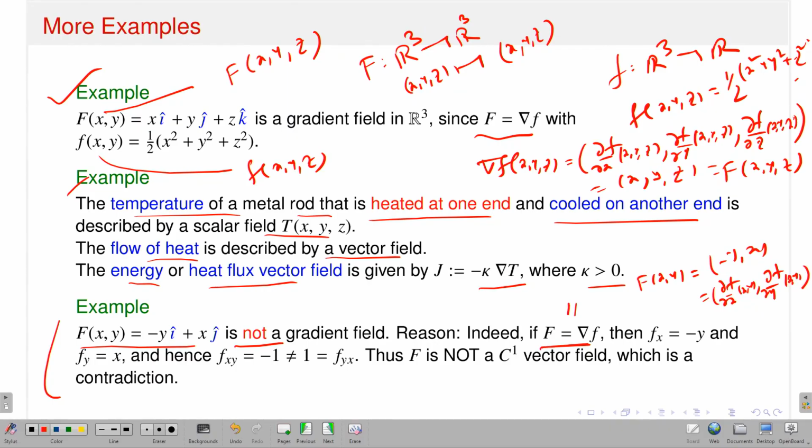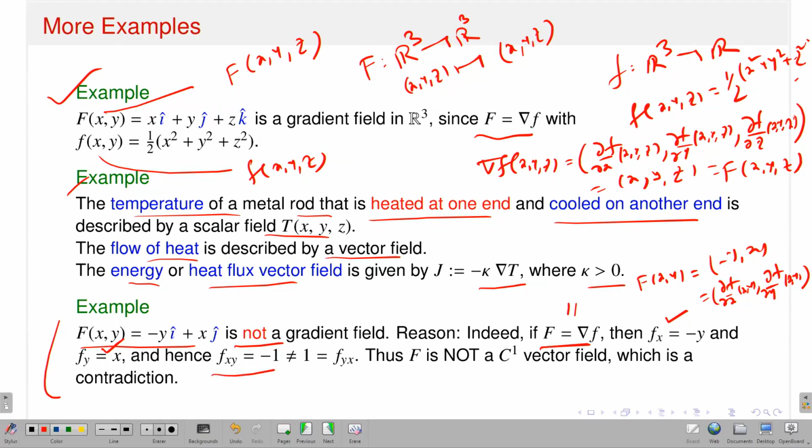Suppose it is a gradient vector field. That means there exists a scalar potential f such that gradient of small f is equal to capital F. So this equality implies that f_x is equal to minus y and f_y is equal to x. Now if I consider the second order partial derivative of this f_x, f_y, that means